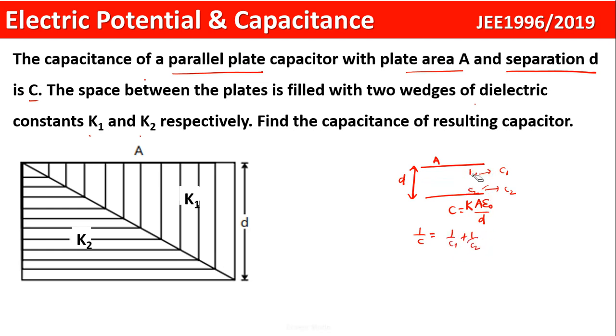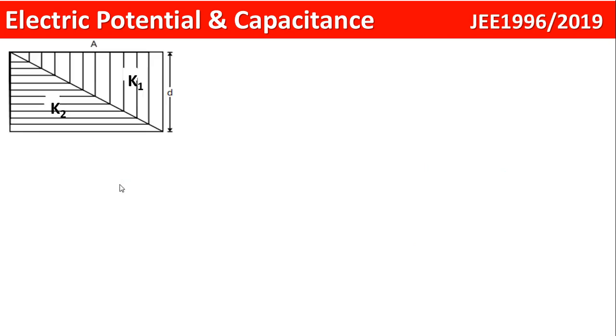Let us say you are adding the dielectrics in the other manner, taking one dielectric of dielectric constant K1 and another dielectric of dielectric constant K2 side by side in this fashion. Then both of them are actually in parallel, and the equivalent capacitance C is equal to C1 plus C2. Now this problem includes both series and parallel cases. Let us try to solve this, which is a really interesting question.